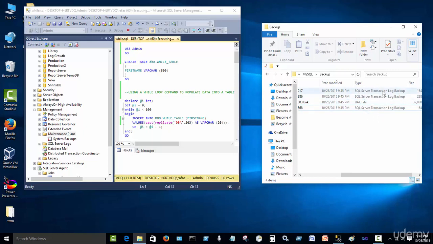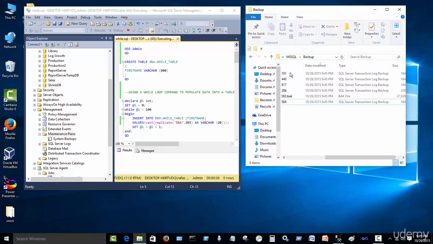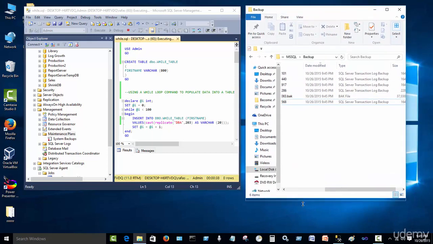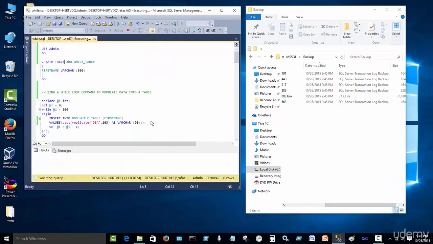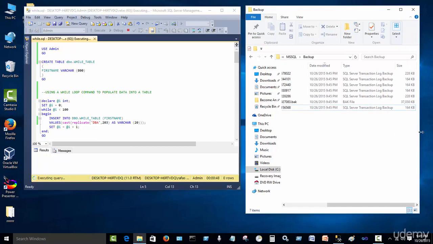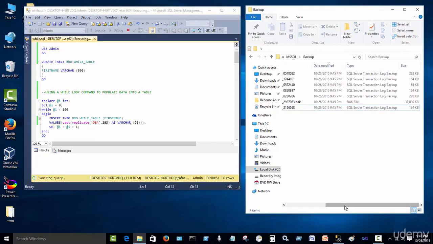And every 10 seconds, the transactional log will occur. And then followed by every 2 minutes, the differential log backup. And then we just had a full database backup at once. So now you see simultaneously what's happening when you automate and let the SQL agent do its job here. Let me just close this. So as activity is occurring throughout the day, you've set up the maintenance plan to constantly back up the database